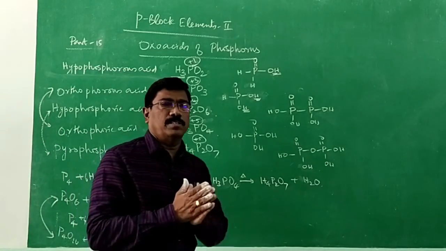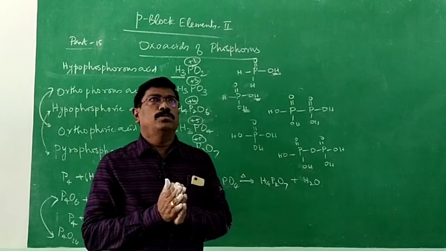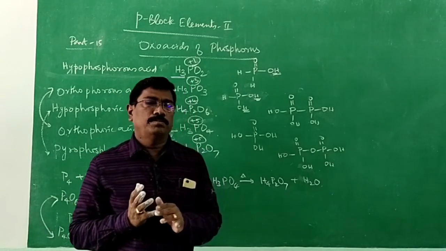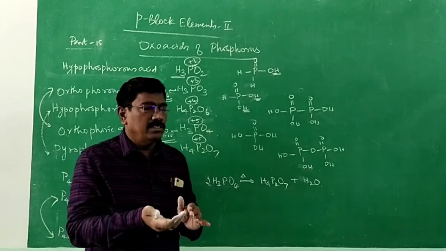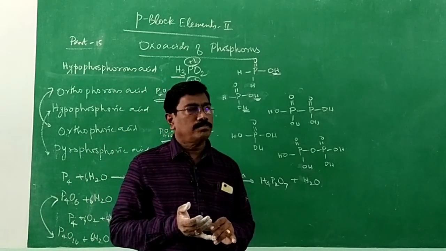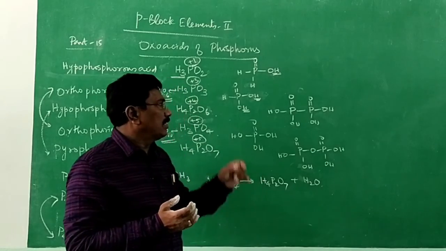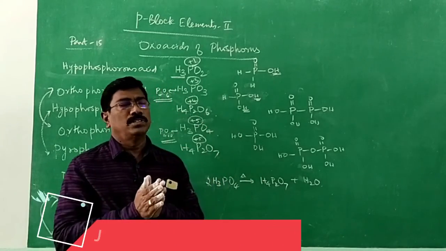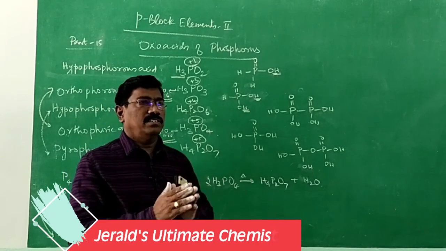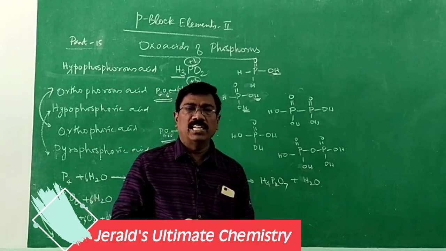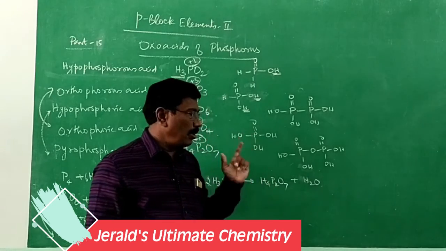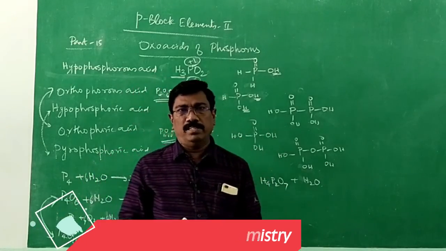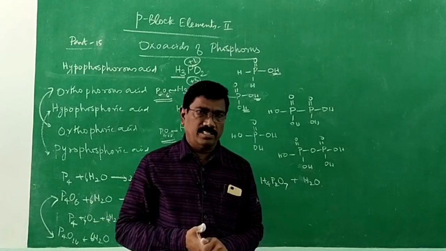So with that we end up with nitrogen group elements. All right. In P block elements 1, we started with the boron group, and next the carbon group. Now we have started with the nitrogen group. In the nitrogen group we have seen a few nitrogen compounds and then phosphorus compounds. Now we have to go into the next group, the oxygen group, after boron, carbon, nitrogen. That we shall see in the next class. Thank you.